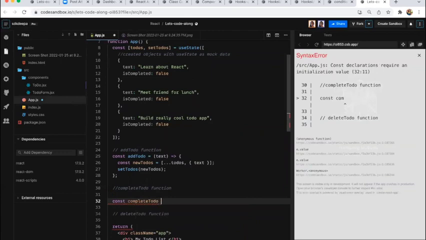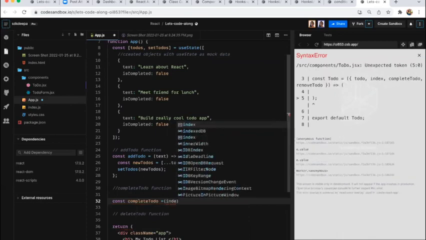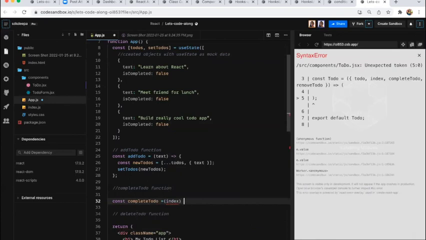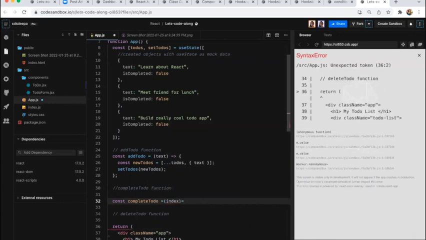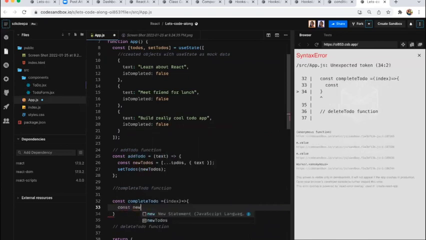Complete to-do. Then what does it take? This one takes an index, right? Based on the index only, we can strike it off. So it takes an index, and then we create a function for it. And then what does it do? It just, again, let's say this thing's in a variable, so to-do